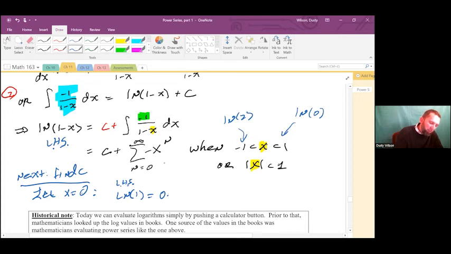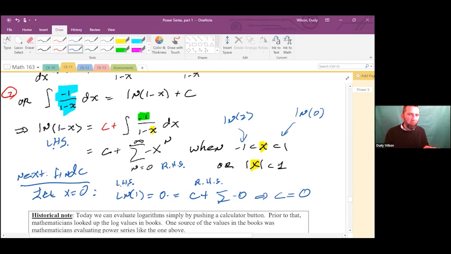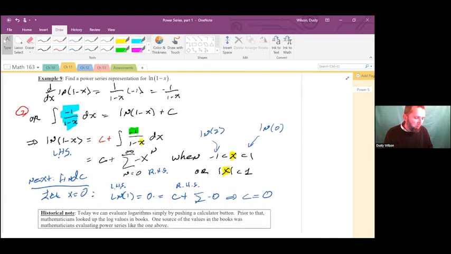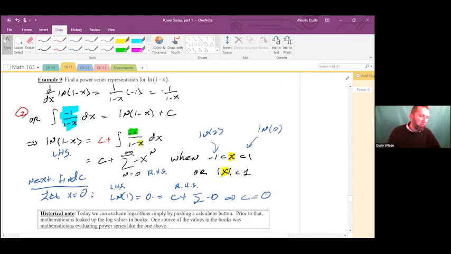And then on the right-hand side, you're going to get right-hand side equals c plus the sum of the negative zeros, which is just 0. So you get 0 equals c plus the sum of the zeros. It should be clear from this that c is going to be 0, because you actually have an equivalence. So kind of cool. All told, we were able to find a power series representation for ln of 1 minus